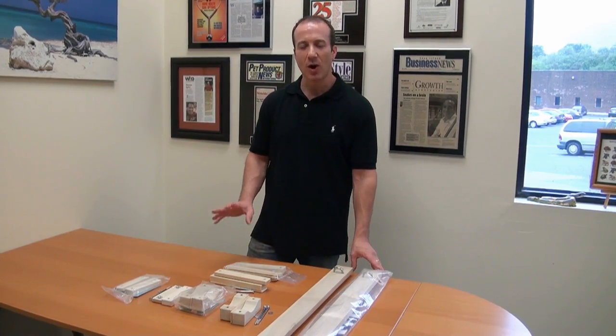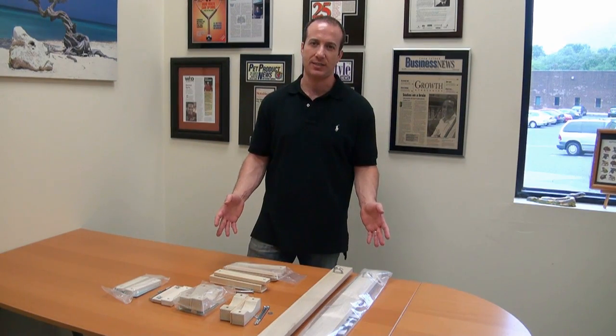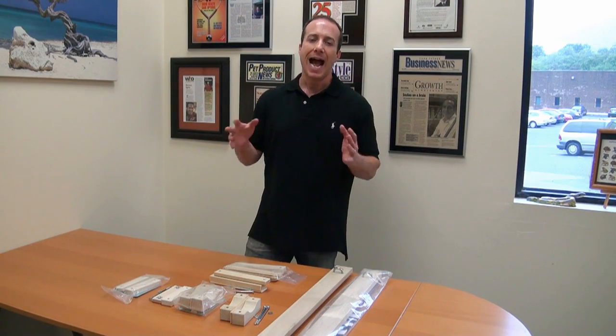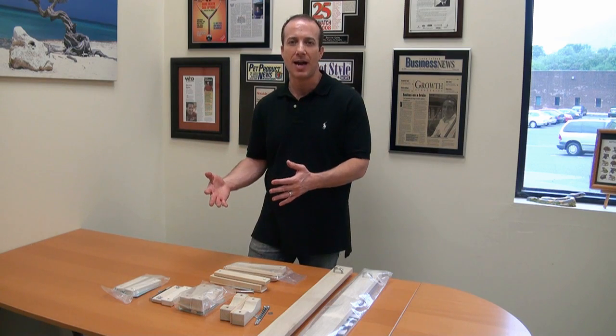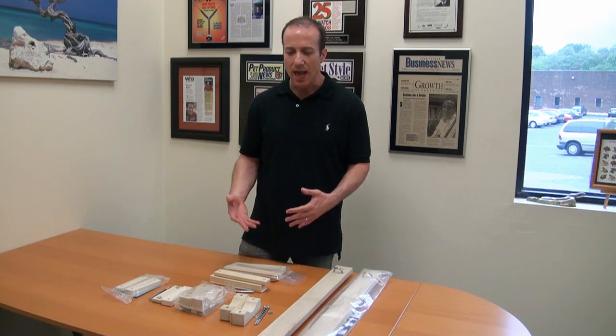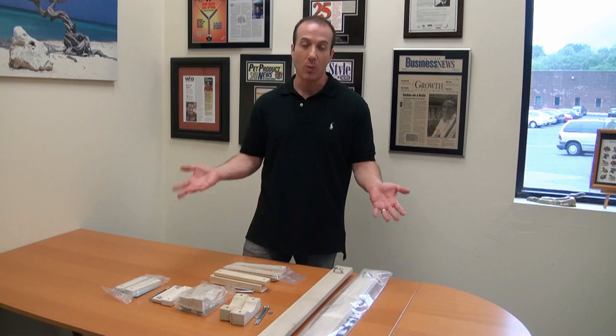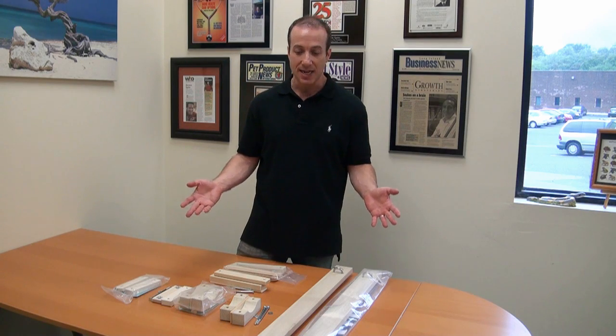I've got here the Cardinal Gates accessories. Now, we get a lot of questions with the Cardinal Gates. How do they hook up to my wrought iron gate? How do I attach them to a round wood spindle? Well, we basically carry all the different accessories for what we consider some of the best dog gates in the